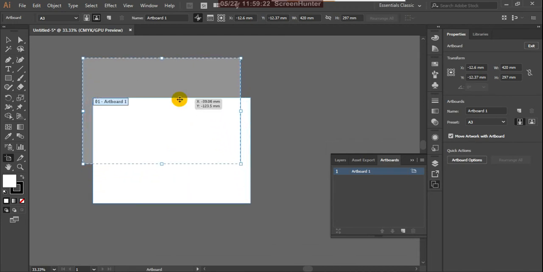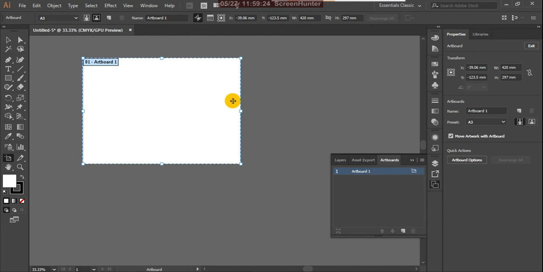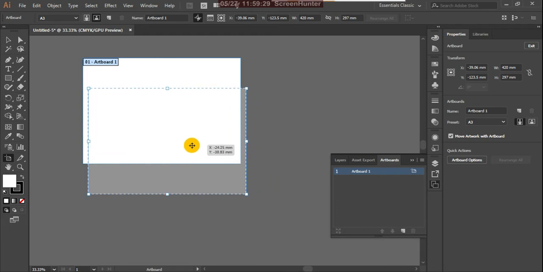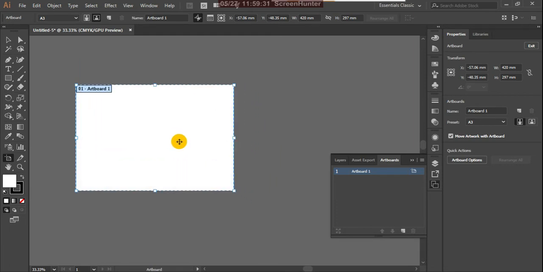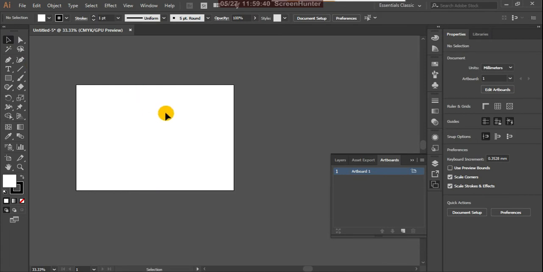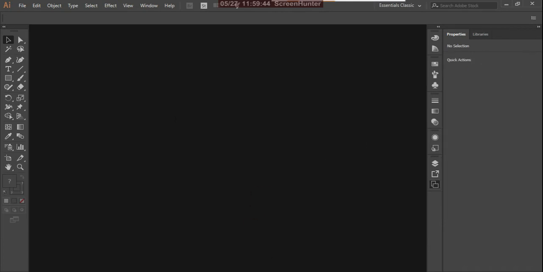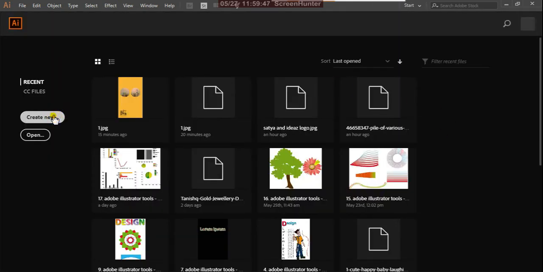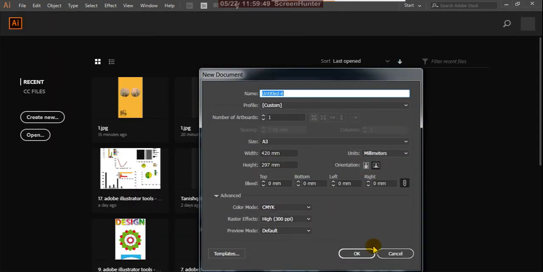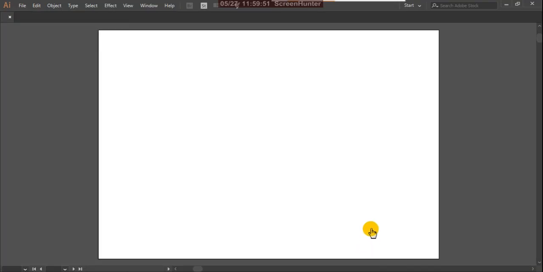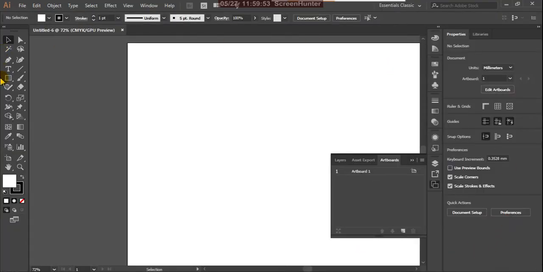Okay, you can create as many pages as you want as per your requirement, and you can use them, and you can save those artboards also. Suppose here you can create a number of artboards, and you can save that. Anyway, you can click here, so it is fixing that artboard. Right, now we can delete that, create new, and here I'm taking A3 size.